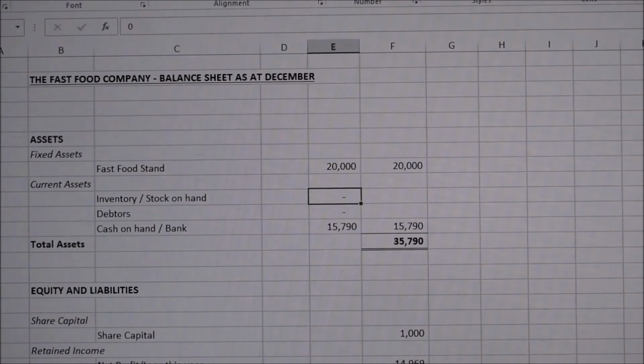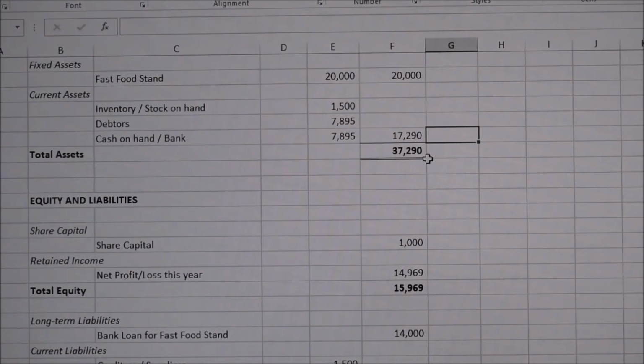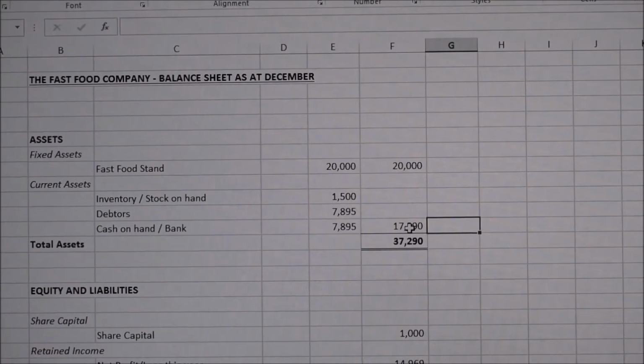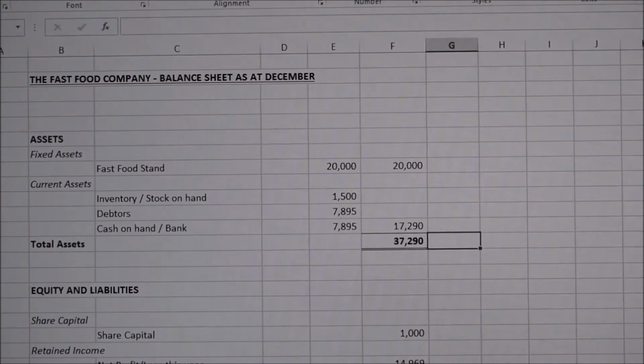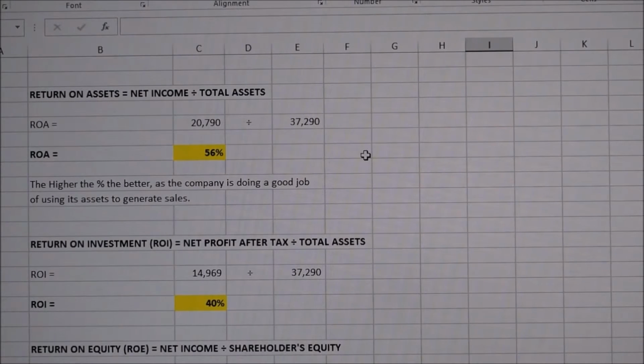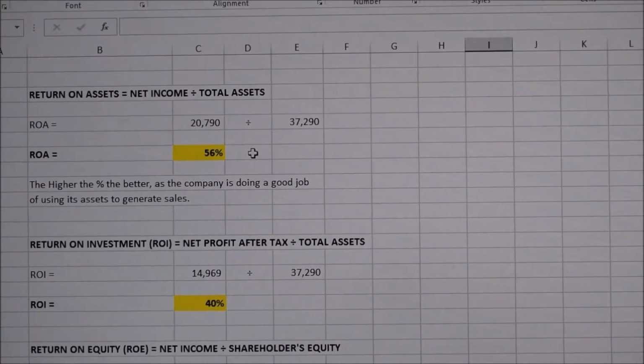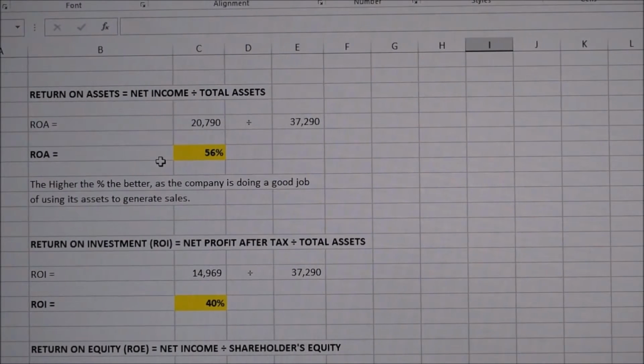And then in the balance sheet, your total assets that you had was your fixed assets, the fast food stand, plus your current assets, which is your debtors, your stock, your cash on hand, and that total asset figure there is what you use for your return on assets figure. Once you calculate the percentage, in our case 56%, the higher the percentage, the better. You want to see a good percentage of return on assets because this means that the company is using its